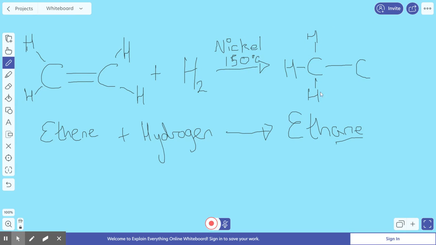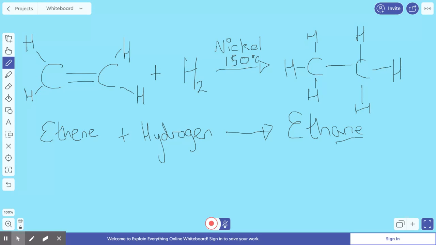Let's say the top and the bottom hydrogen were originally bonded to our carbon, and this hydrogen is our new one, the one that comes from our pure hydrogen that's added. It's going to be exactly the same over here, so we're going to add some single bonds coming out of the carbon and add some hydrogens on there. Oh God, handwriting is terrible. And that is our product of